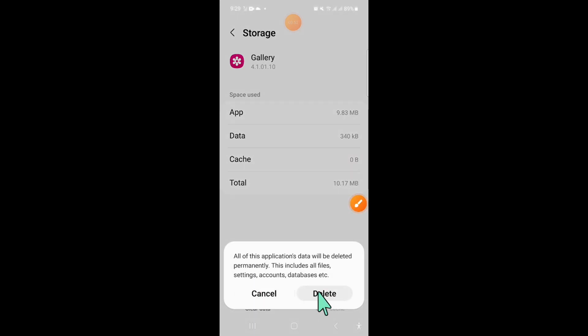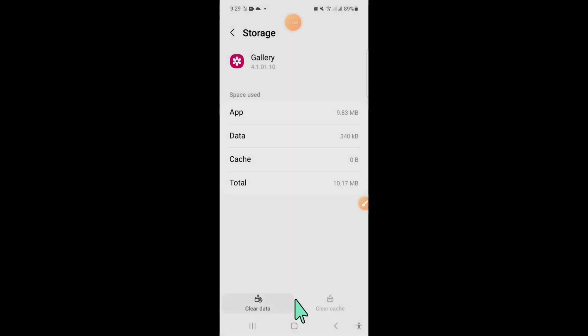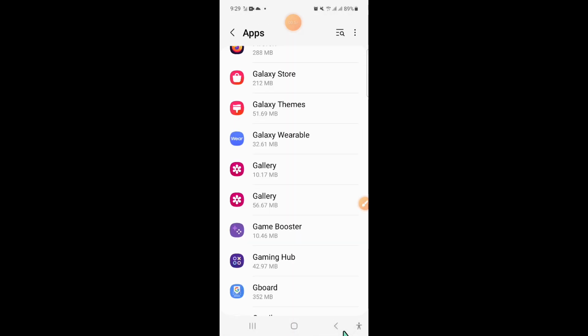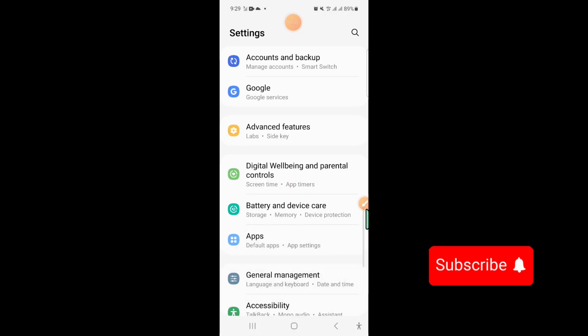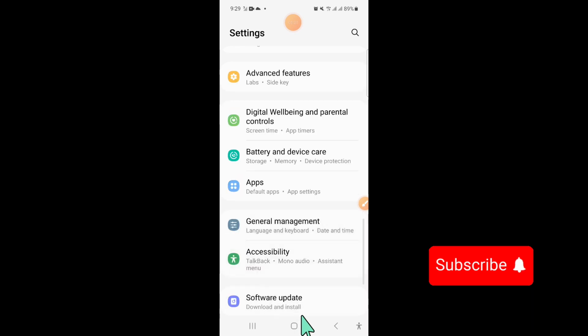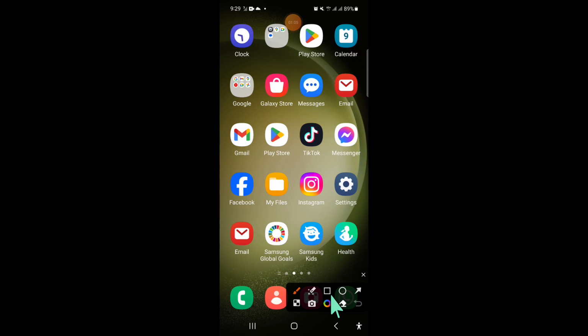Now here click on delete to confirm and after that click on back key to go back to your home screen. Now from here open my files app